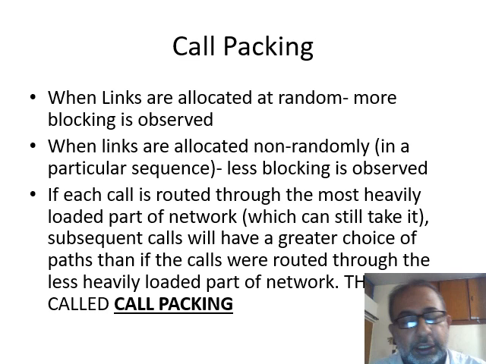And not only that, we are also trying to keep the calls within the earliest numbers. For example, if one of the calls that was running on an earlier number, for example, first, second, or third trunk, is dropped or has ended, then a new call, a fourth call would be allocated